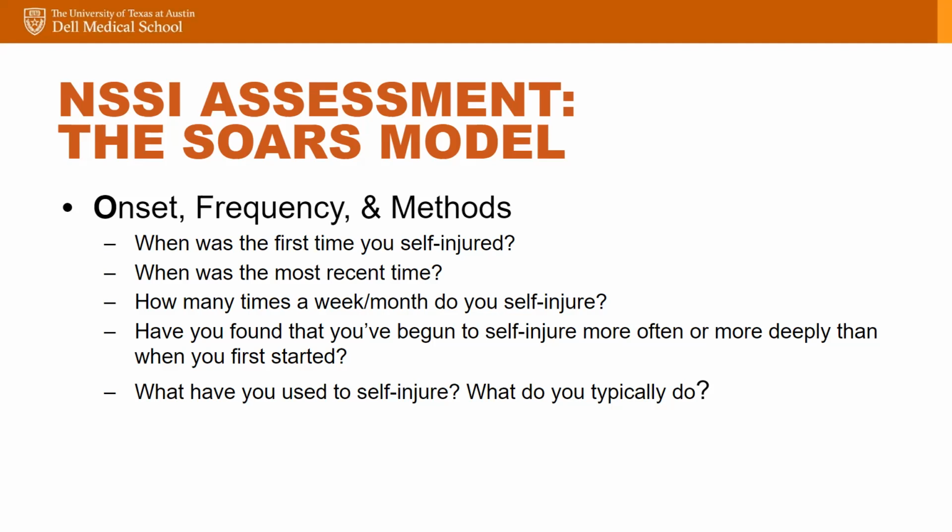With earlier onset, maybe in the early teenage years or late childhood years, being indicative of higher risk associated to suicide. But when we have a good time frame there and then follow up with how many times a week or a month do you self-injure, that can give us an indication of how many times a youth has self-injured in their life. So getting a good time frame here of the first versus the most recent episode, and then the number of times that it's happened typically in that time frame can give us a good indication as to how often this kid or this youth has engaged in this kind of behavior.